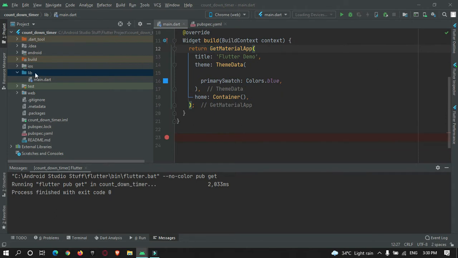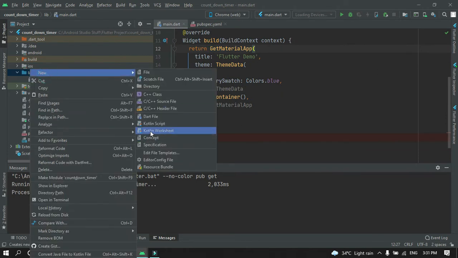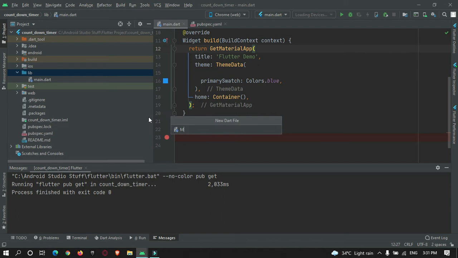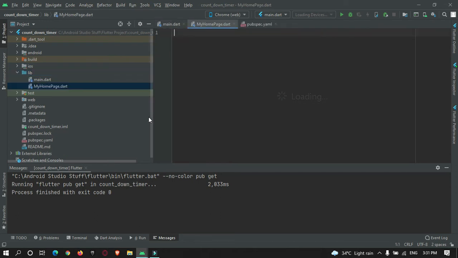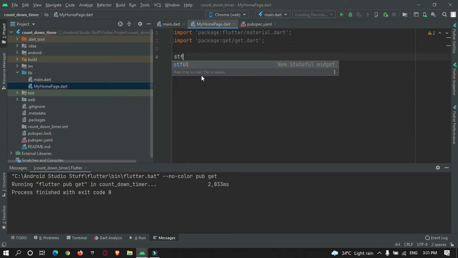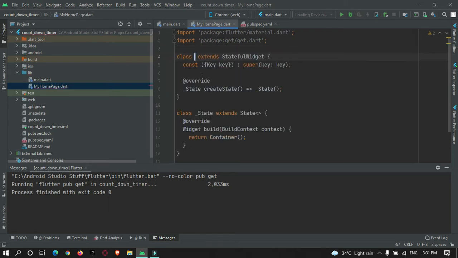Okay, so let's create a page, MyHomePage. This will be the first page that gets loaded when the app is launched. Import the material.dart file and then import get.dart, and make use of a stateful widget.